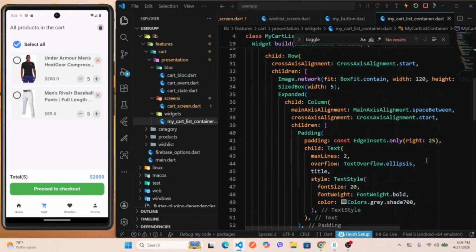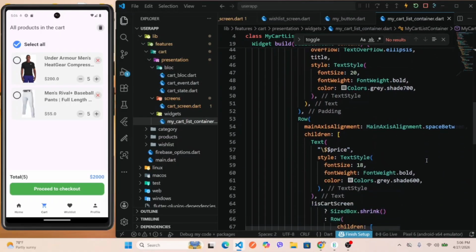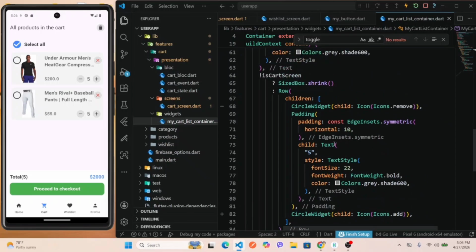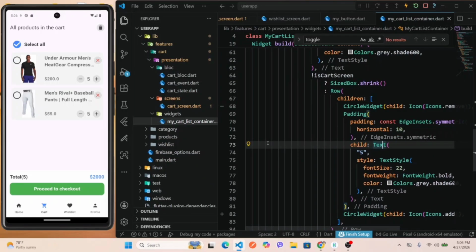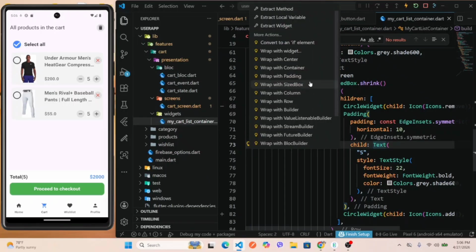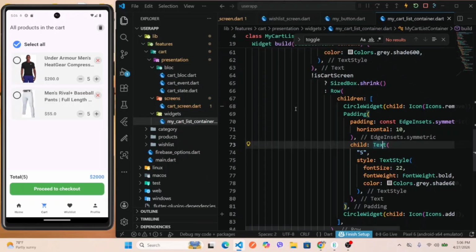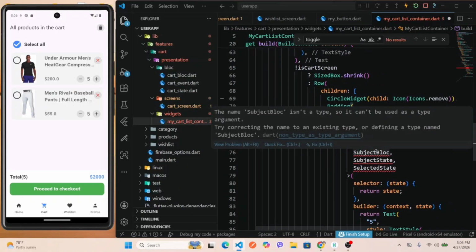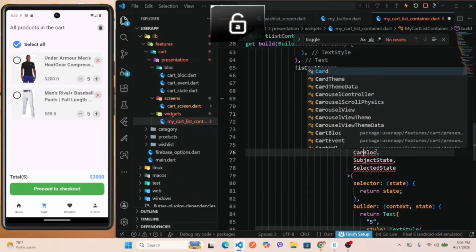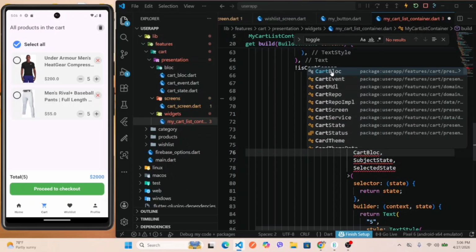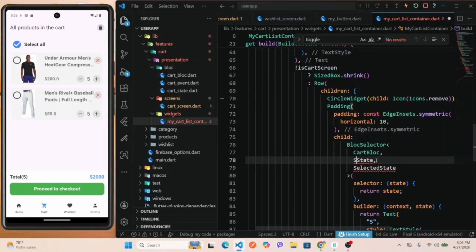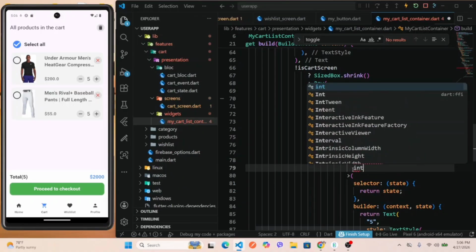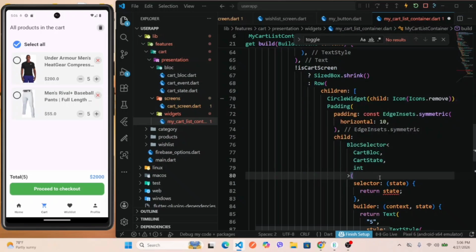We have this quantity, this text to show the quantity over here. Let's wrap this text with the block selector and import the Flutter block package. I'll change this to cart block, import this and also change this to the cart state and to this one change it to int